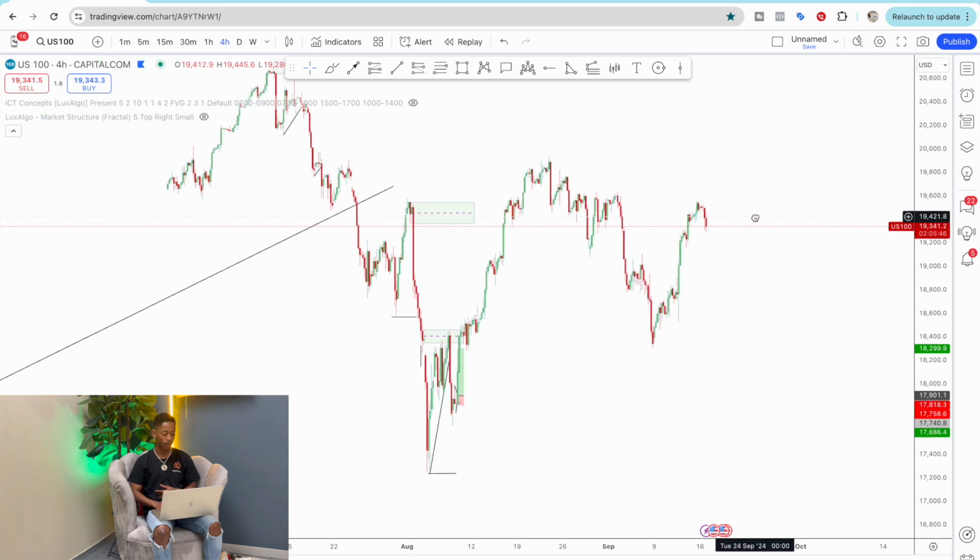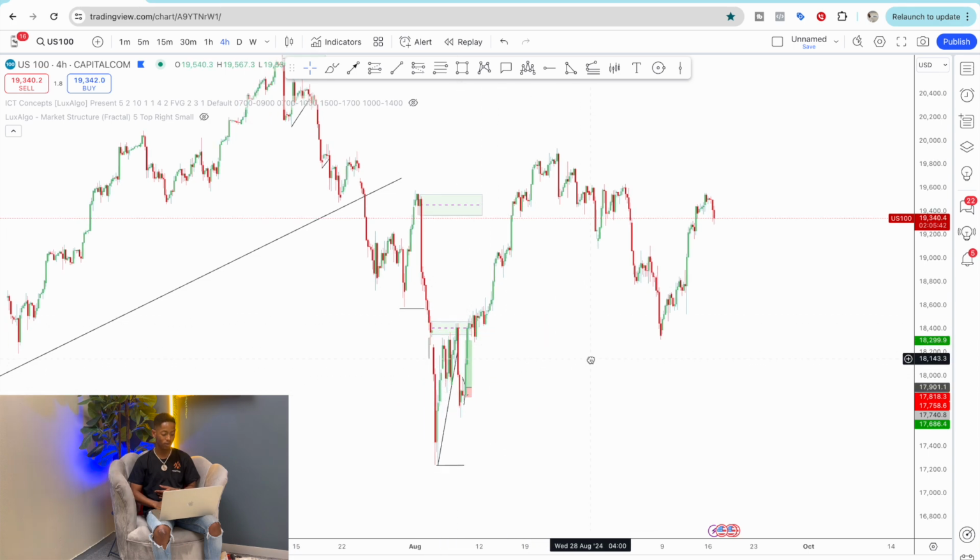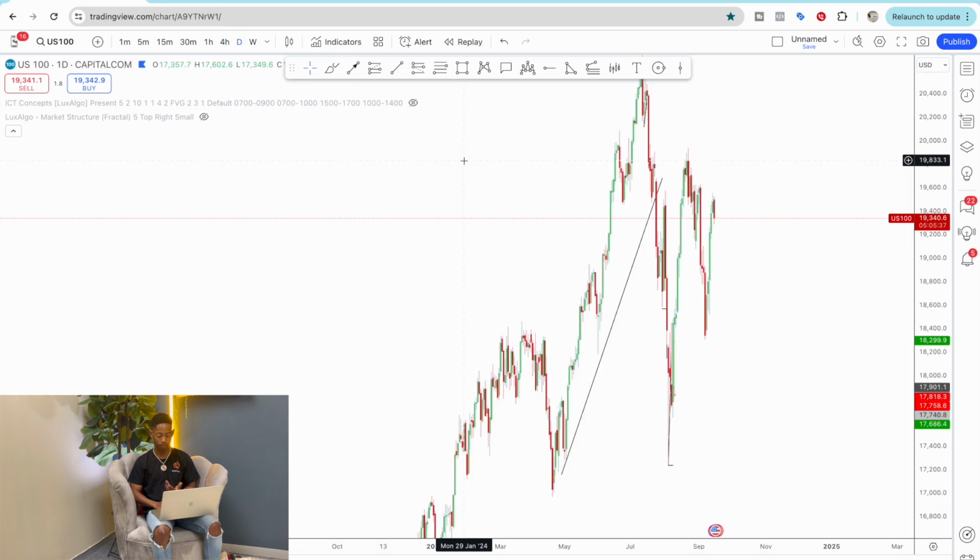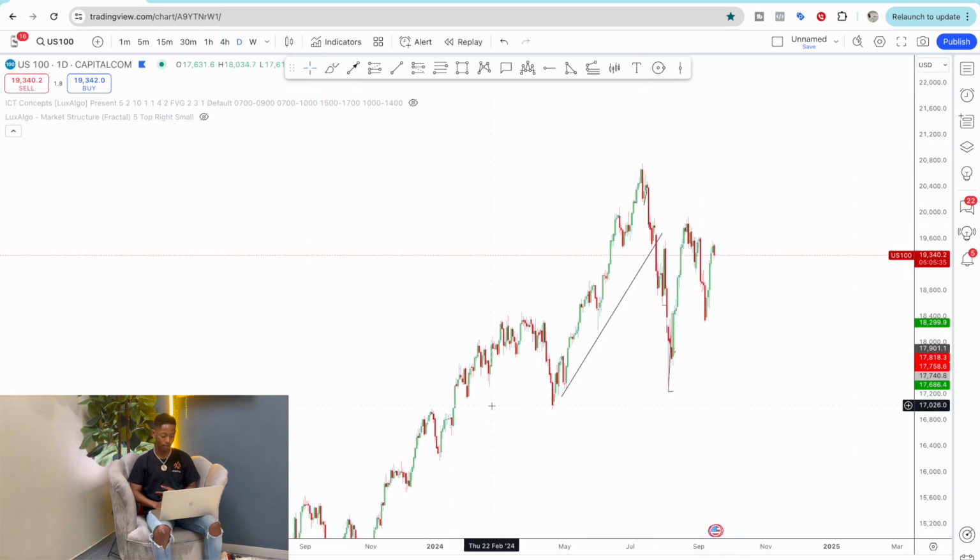Perfect. So you can see US 100, we also had a trade executed just a few days ago, it went all the way up, we took profit, and basically we're looking for price maybe to come back down. But let me just come from more of a daily time frame. So you can see price was moving upwards, boom, then it broke below here, it went all the way down close to here at the 90% rule. Then price started moving upwards.